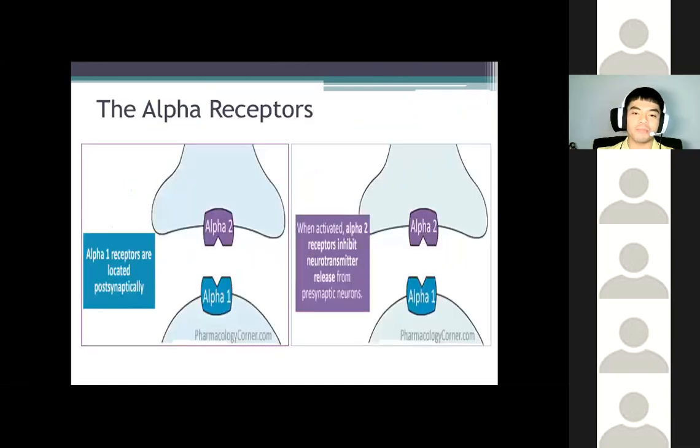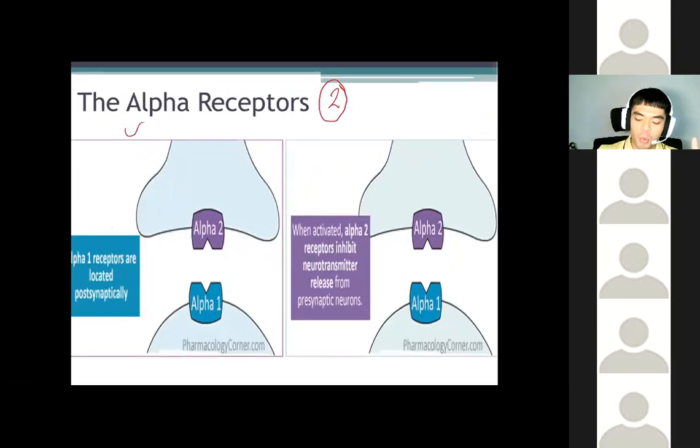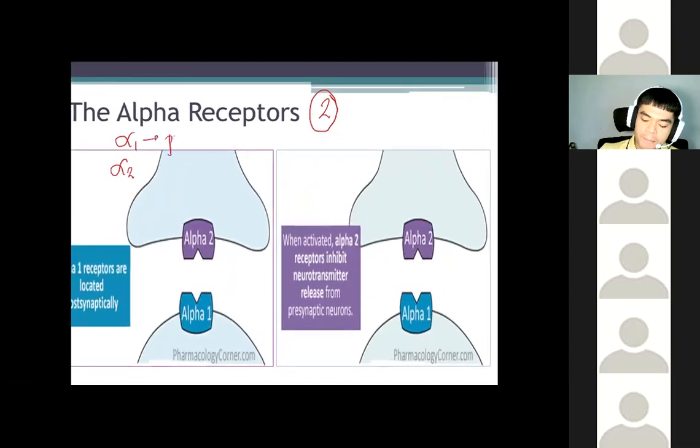So regarding alpha receptors, we have two major types of alpha receptors. These are alpha-1 and also alpha-2 receptors. Regarding alpha-1 receptors, these receptors are post-synaptically located. Lahat ng alpha-1 receptors ay post-synaptically located. Whereas ang alpha-2 receptors naman, meron tayong presynaptically located,